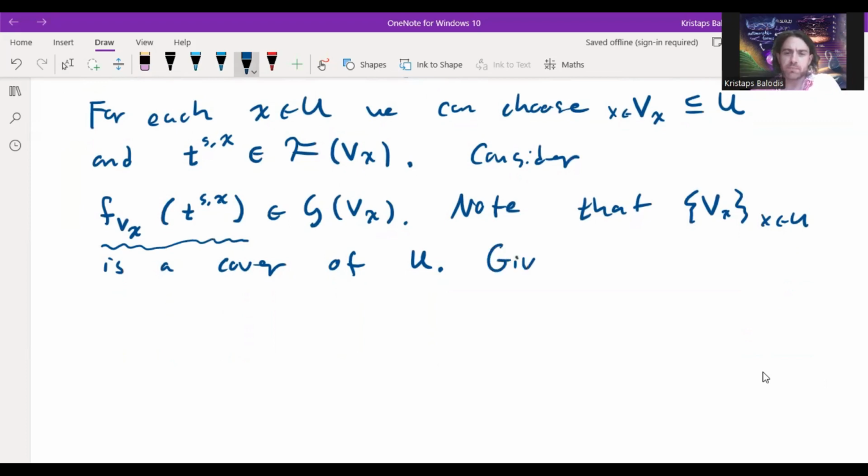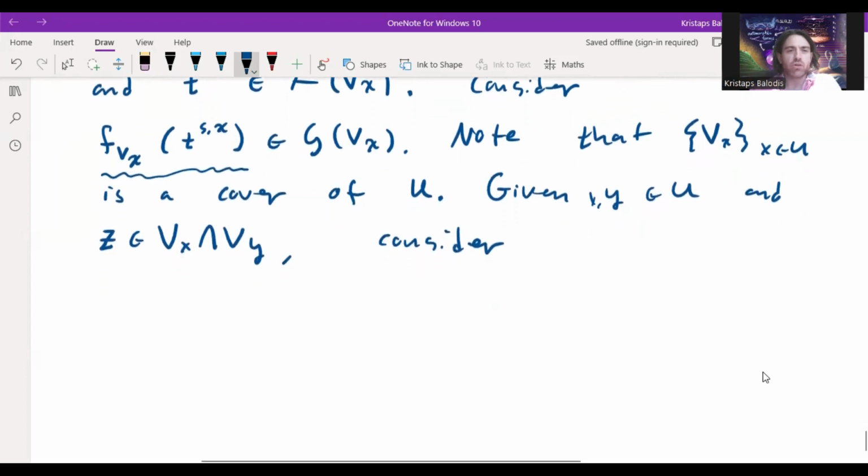So given some x and y in U, and let's say, well, z in the intersection of these two, consider,